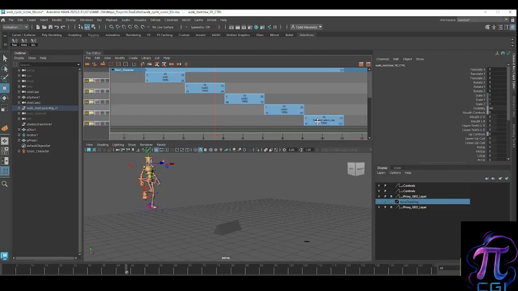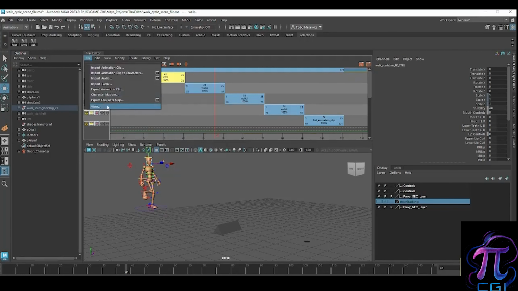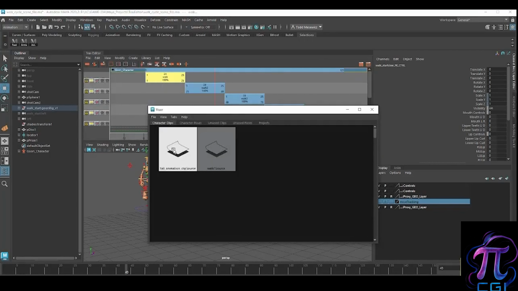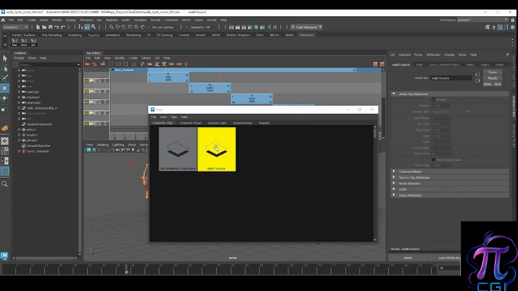And then the only other thing I can think of is that each of these animation clips, when they're created, you can export them into other scenes. So if you open up the visor, here's our fall animation clip. We had that external, but this one we started as a scene, and now we created an animation clip for use in this scene. But if we right click on this,